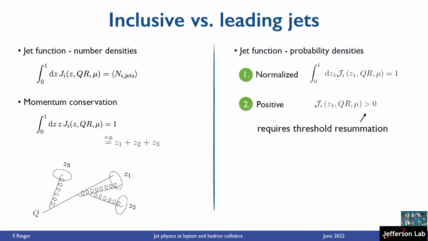But then you really can only ever take the leading jet, and that can be difficult for other reasons. And to really interpret it as a probability distribution, you also have to make sure it's positive, and that's not generally the case. If you do a fixed order computation, it's not guaranteed to be positive. And so what you find is that you have to worry about these endpoints. What can happen if you don't do the threshold resummation,